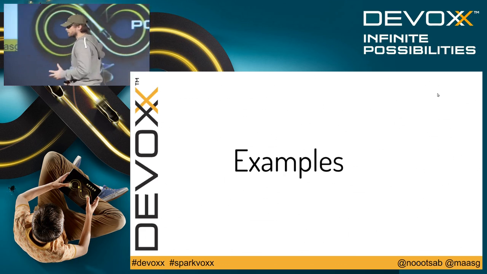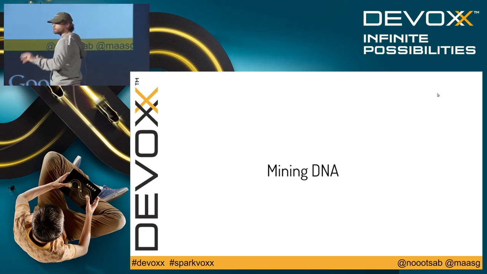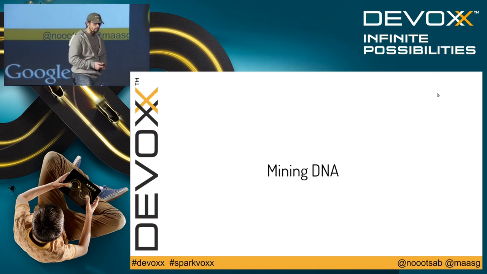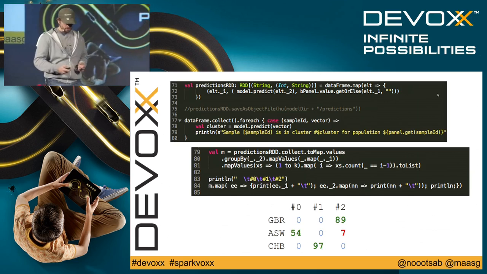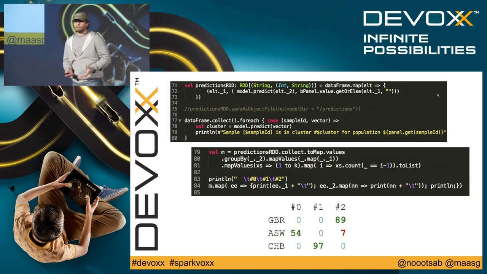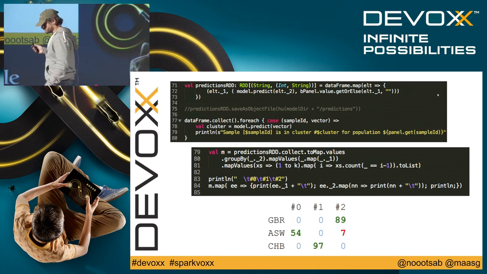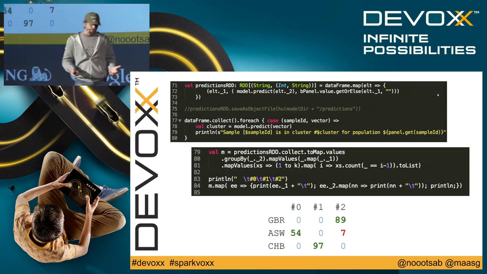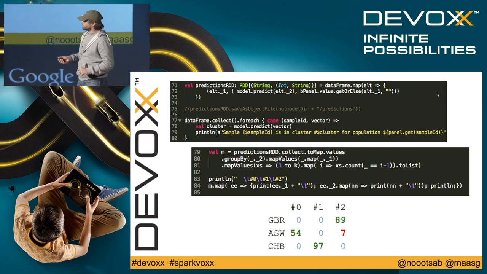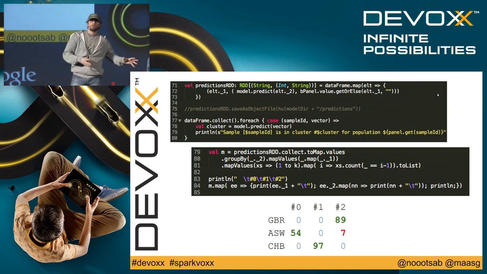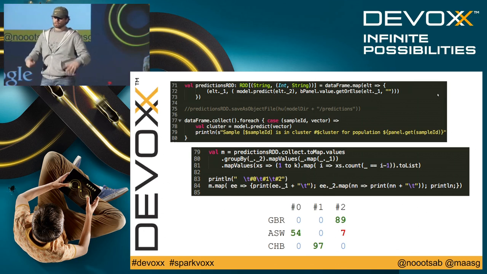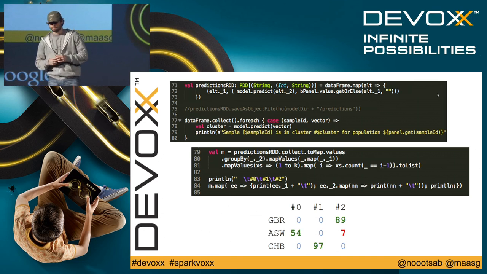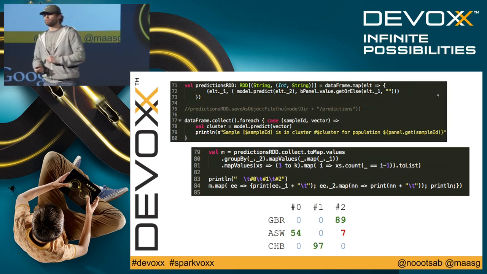Okay, some examples now. So we've seen the libraries, we've seen some tooling. So what can we do now with these frameworks? The very first thing is mining DNA. As I showed you, there is ADAM that can process a bunch of genomics data. So what we've done is take the 1000 Genomes, which is an international project, picking a lot of genomics data and anonymizing them. So you end up with 200 terabytes of data.